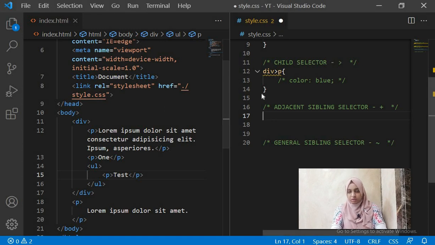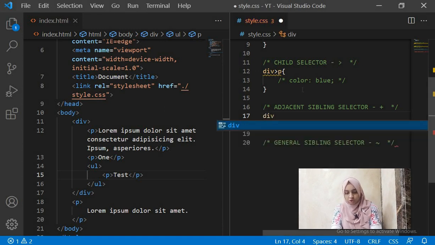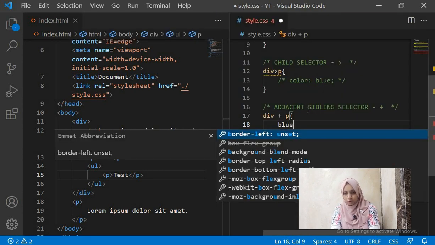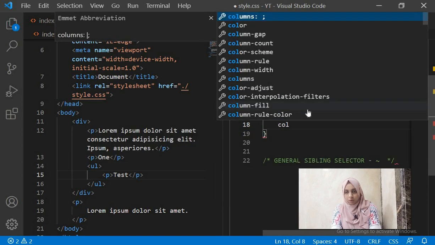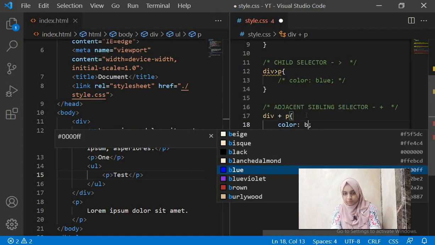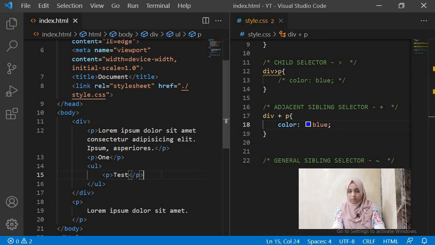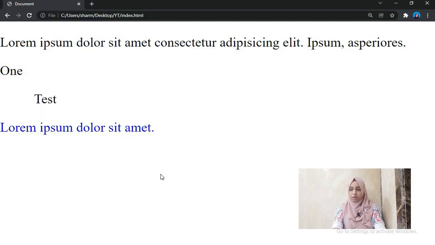I think it's too confusing. Let's do it and see, it will be more clear. So here we give it a color of blue, we save this and we refresh.